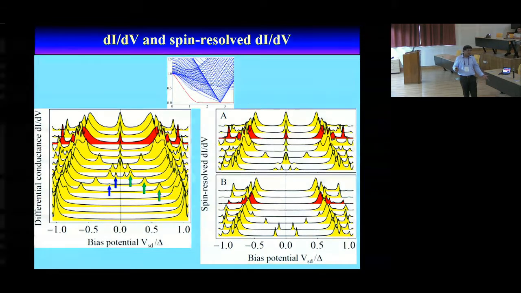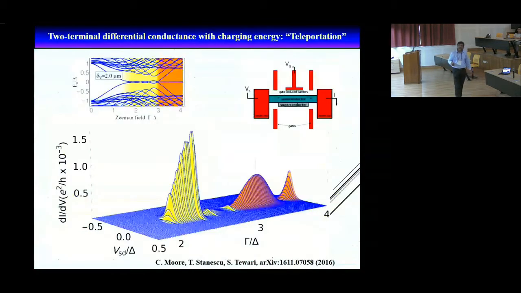You can do spin resolved tunneling, and you're going to see no difference between this region and that. These are again various cuts at different magnetic fields. There's no difference between these and that. Let me quickly, okay, and this is the 2-terminal